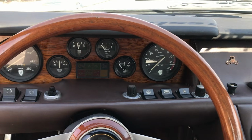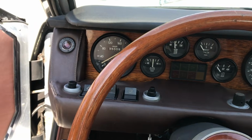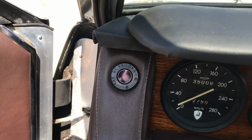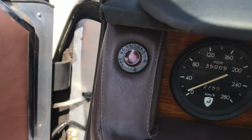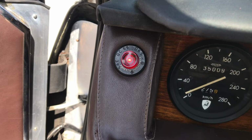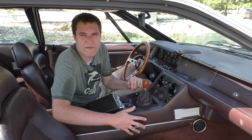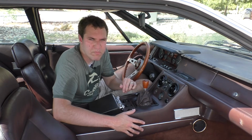Same for the hazard lights. They're to the left of the dashboard, and even though the symbol for hazard lights is universally recognized by everyone, and this car has a lot of bizarre symbols, Lamborghini skipped it. Instead it says emergency flashers. Upside down. Now there are a couple of other interesting quirks in this car beyond the weird buttons and switches,